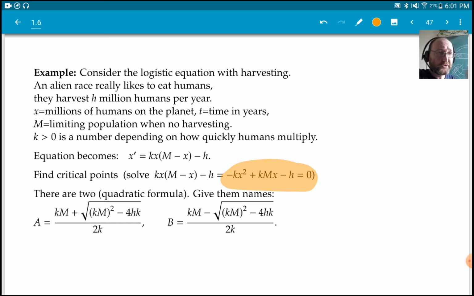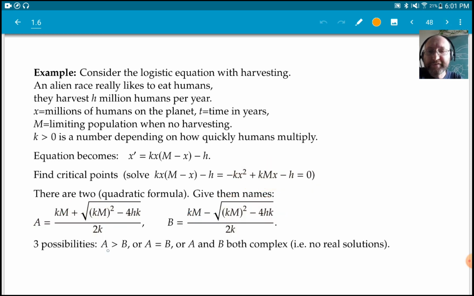And let's give the two solutions names. Let's call them A and B, right? And that's just plugging in the quadratic formula. The only difference is here is the plus and minus, the plus minus from the quadratic formula. Now, there are three possibilities. Either A, the guy with the plus, is bigger than B,